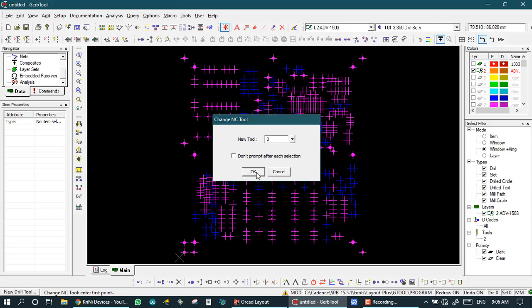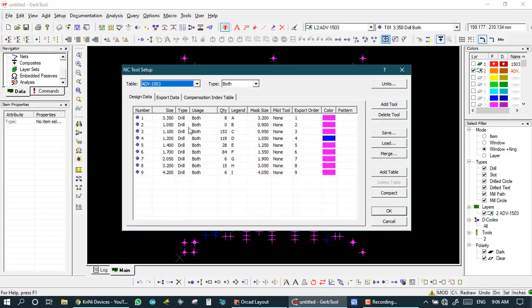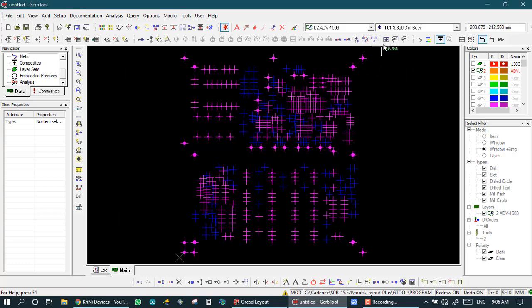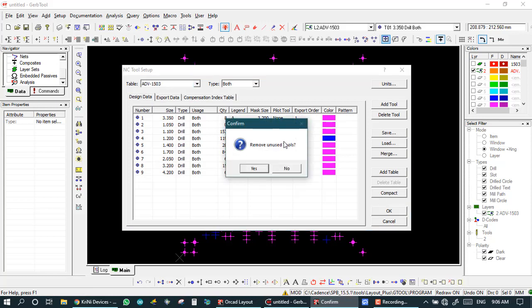Here is OK. So now we see in NC that the second tool's drill quantity is added to tool number 3, it is 154, and here is no quantity, meaning 1.05 has no drill heads. So first we OK, NC tool, and compact. If we press compact, it removes unused tools.